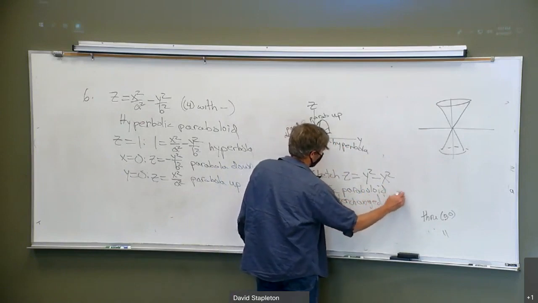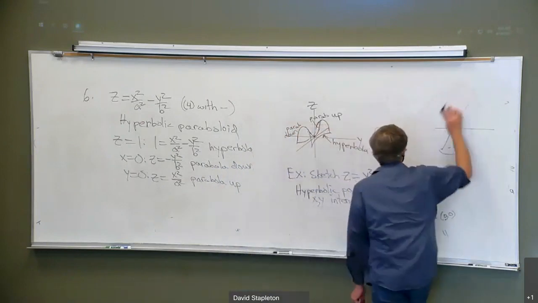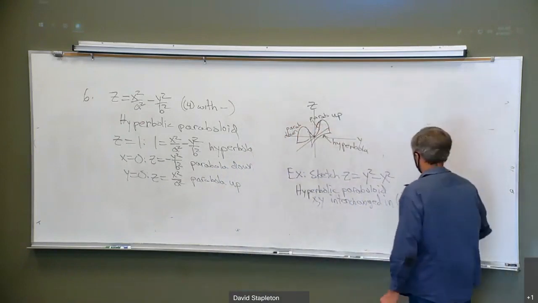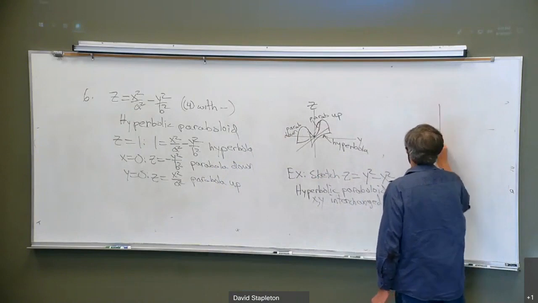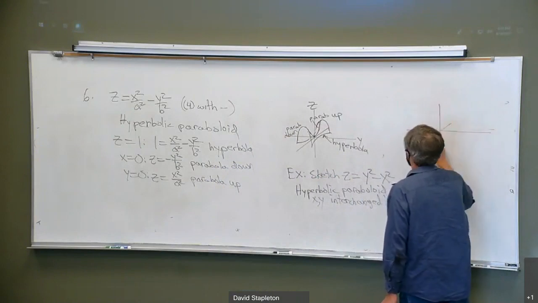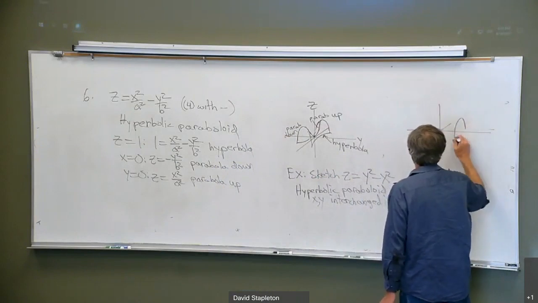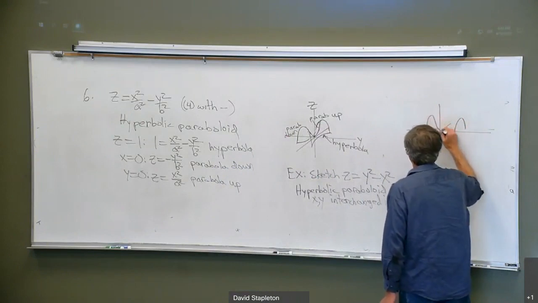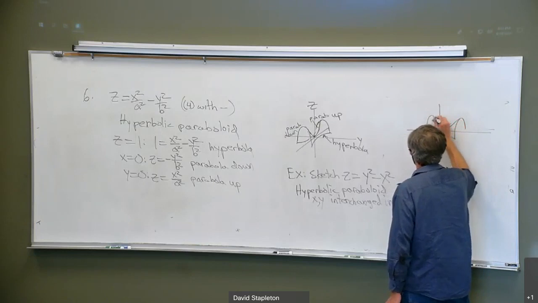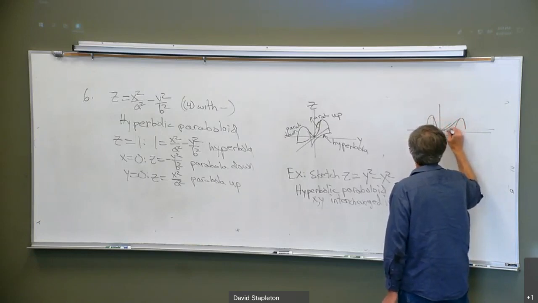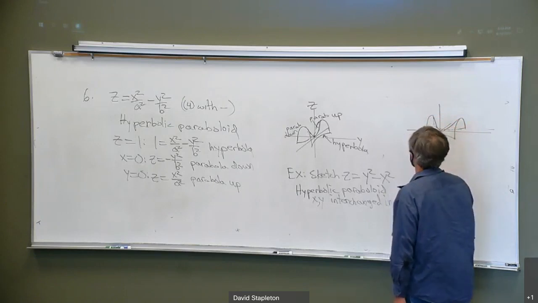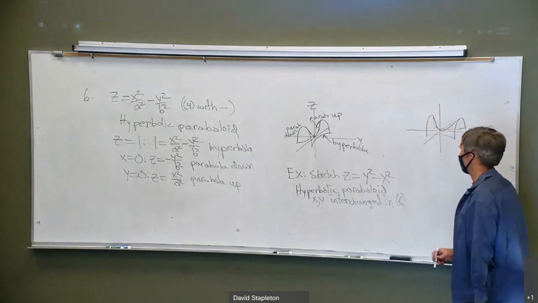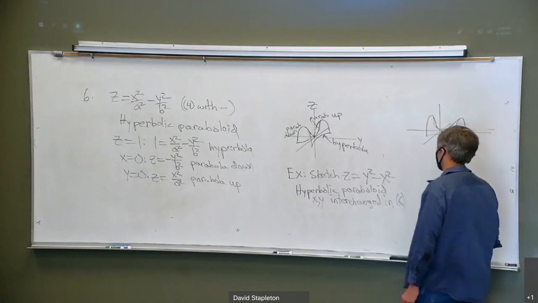So it turns the other way. That means all I have to do to sketch this thing, roughly, to draw a saddle, put it down in this direction, sit down on the origin like that. There it is. And then you can make a couple of cross sections, like you put in the